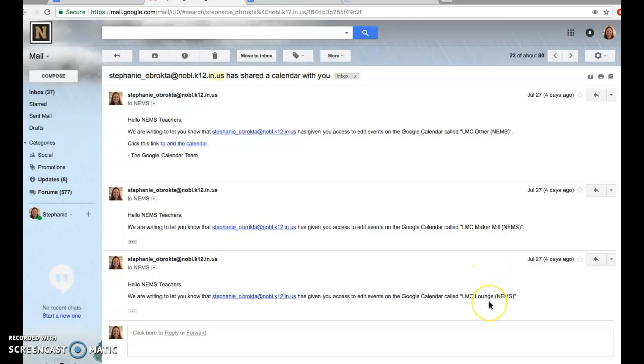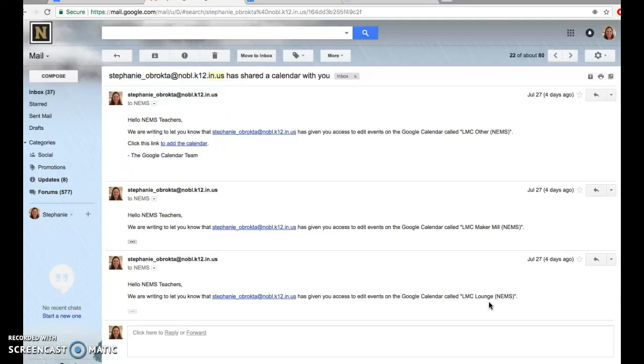And the third one is called the Lounge. You can select this calendar if you'd like to reserve the instructional area in the library. There are 7 tables to accommodate 28 students, as well as 4 more comfortable chairs. There's a mobile projector available if needed in this area, and this space can also be reserved for a variety